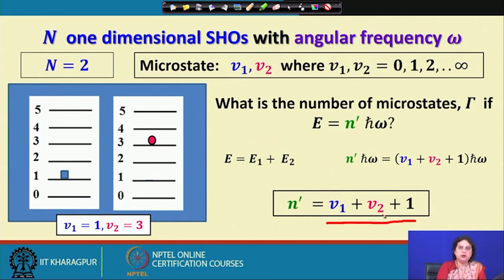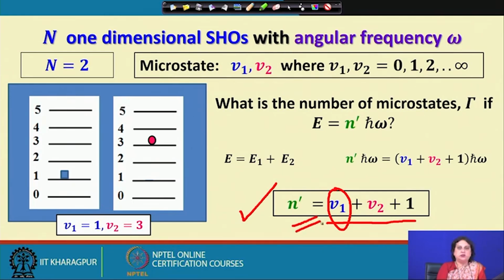can have an infinite number of options, but when they are together in the system and there is a restriction on the total energy, whatever values V1 and V2 can take up is now dictated by the fact that a relationship like this exists. This means that although I am supposed to vary V1 and V2 from their minimum value to their maximum value for all the infinitely possible numbers, here I should be able to vary only V1 independently, and the value of V2 will always be decided by